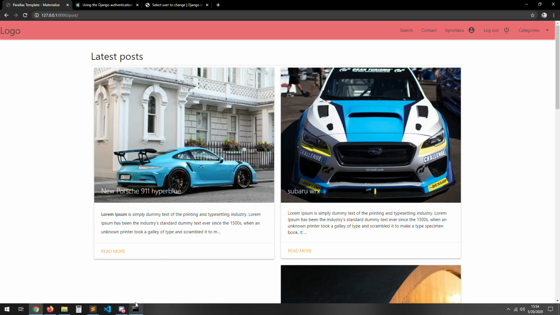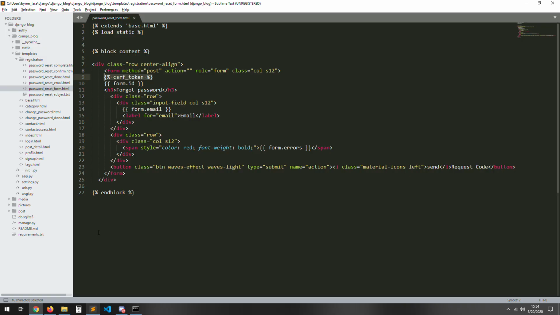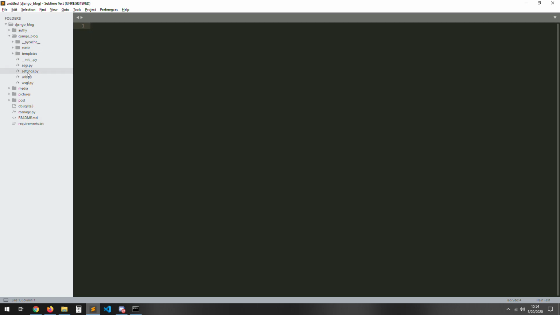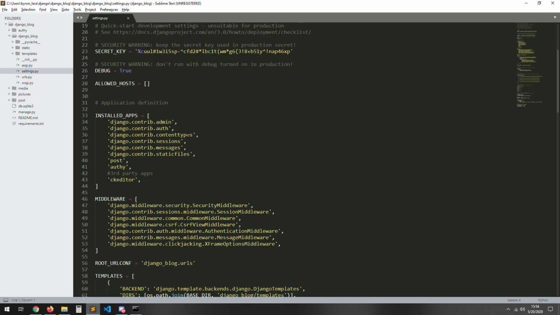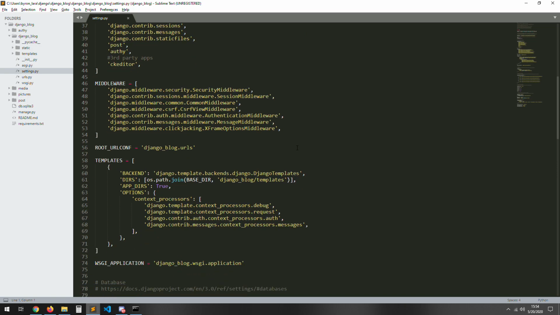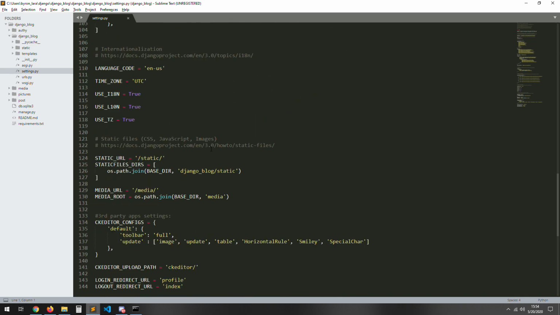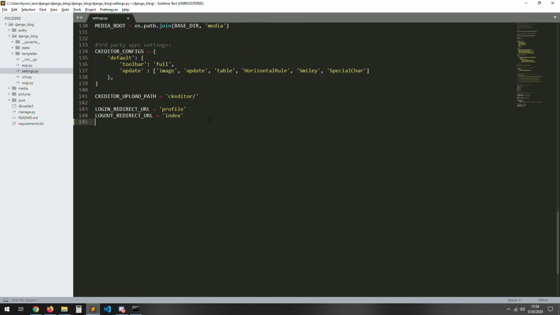Oh no. Yeah, actually, this is because we forgot something very important here. We need to go to our settings, and we need to import the SMTP. That's for the email backend and stuff. Let's just go here and then let's put email backend,